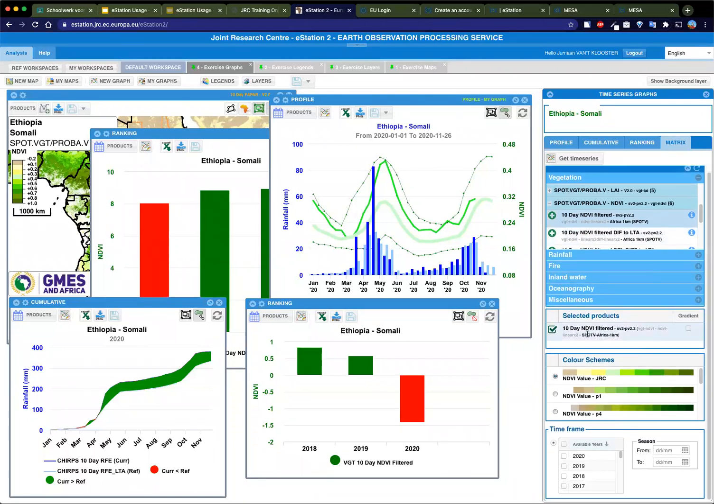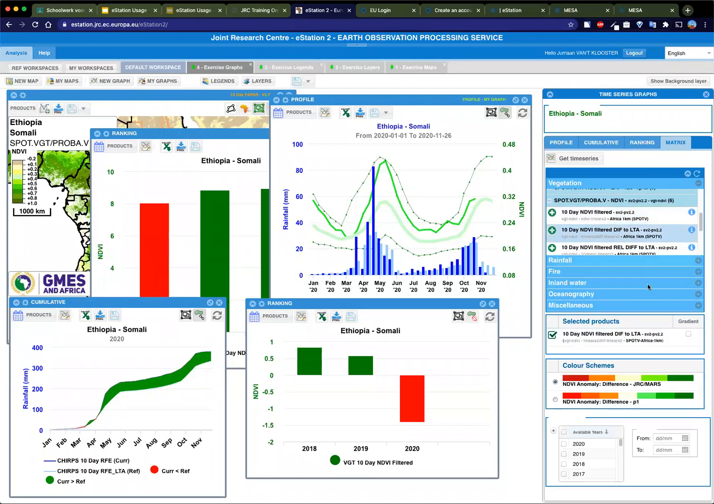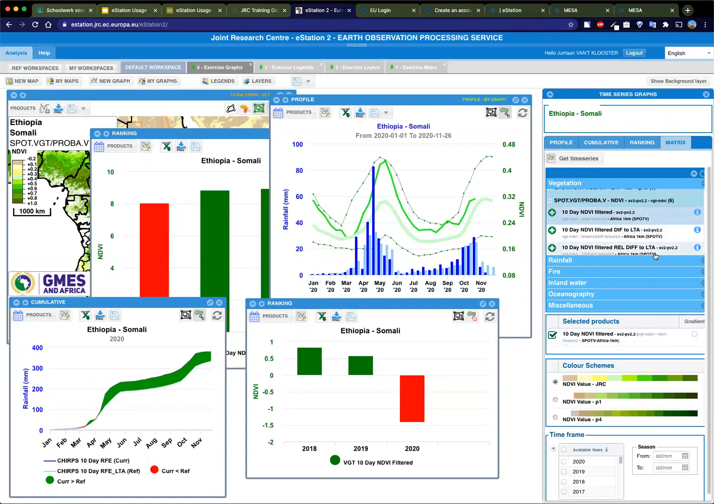Here I can show you also if I select another product, then the selected product is substituted, because you can select only one product. So select the filtered one. Here you can select the color scheme to apply,